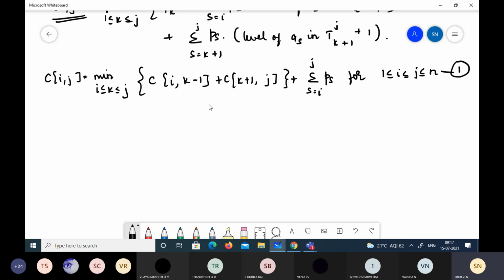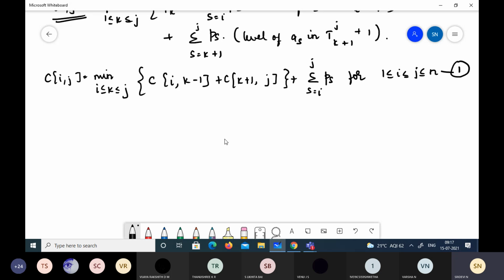If we want the tree also, then we maintain one more two-dimensional table where we record the value of k for which the minimum value is attained. Once the table is filled, the entries indicate the indices of the roots of optimal subtrees, using which we can construct an optimal tree for the entire given set.